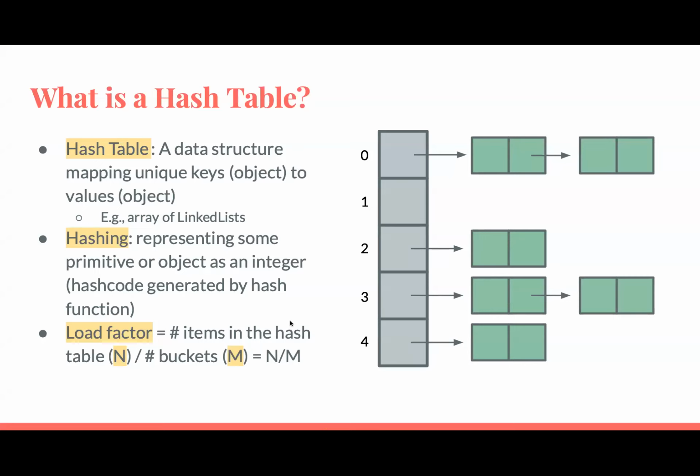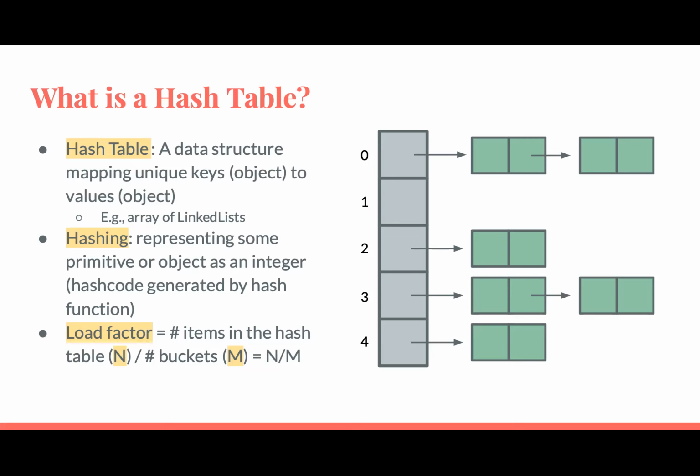So first, let's talk about hash tables. A hash table is a data structure that maps unique keys to values, creating a key value pair. This is similar to a Python dictionary, but the way we implement it in Java is usually with an array of linked lists. Each array index is a bucket, and each bucket points to a linked list. But actually, instead of linked lists, we can use pretty much any data structure like array list or even a